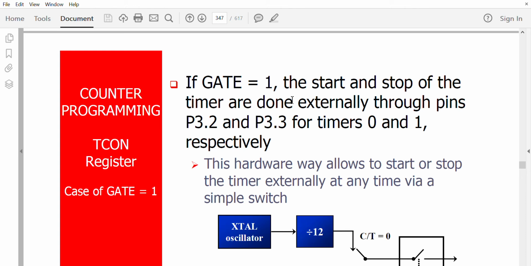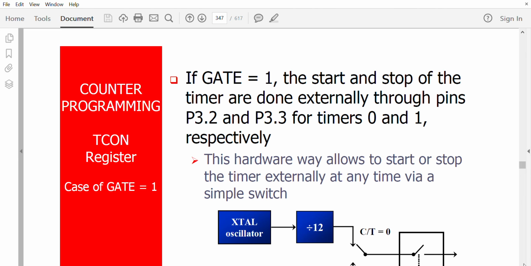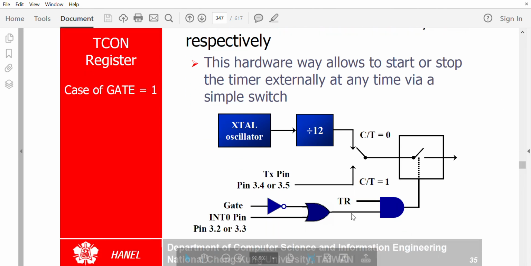Now, that is the case in gate equal to 0. So if gate is equal to 1, this particular thing cannot be controlled using an instruction set TR0 or TR1 or clear TR0 or TR1. But it will be done through the external pins. So this is the setup for that. So this is C bar T equal to 0 and C bar T equal to 1, that setup.